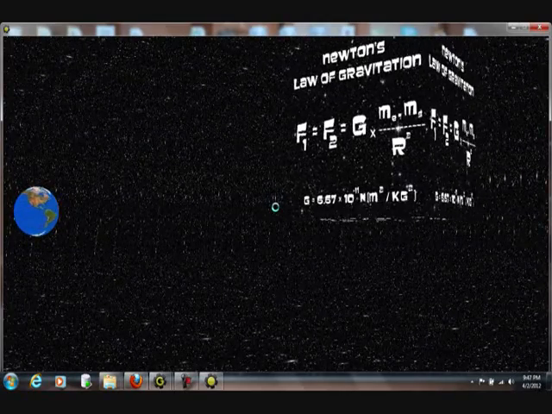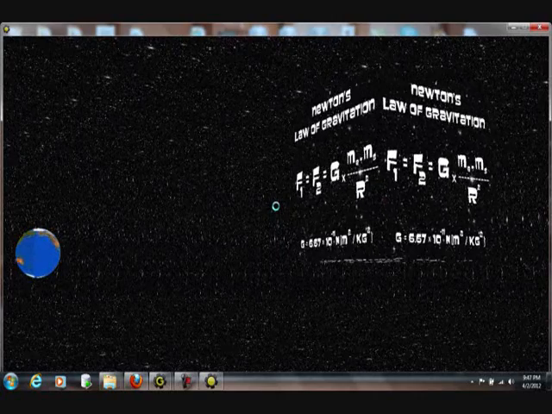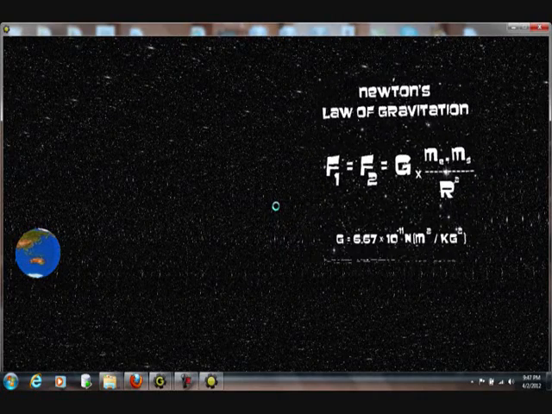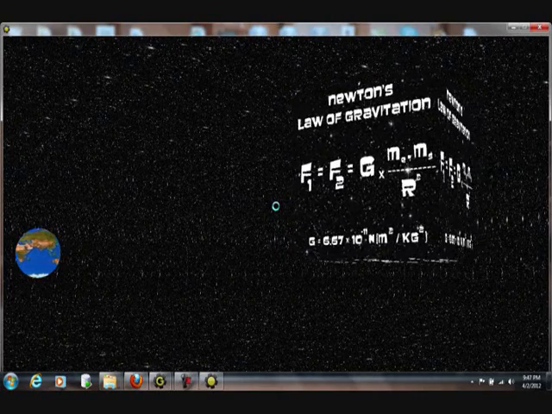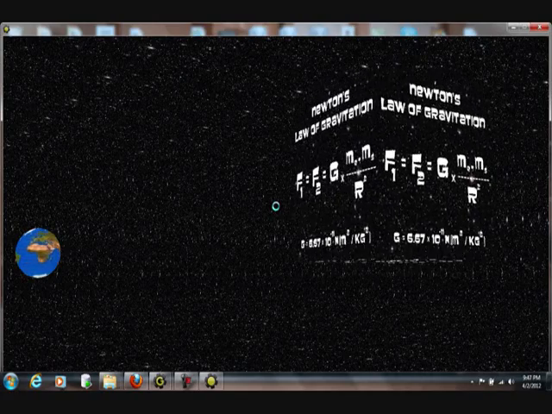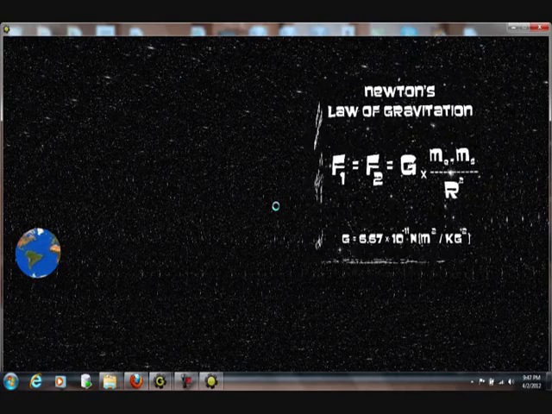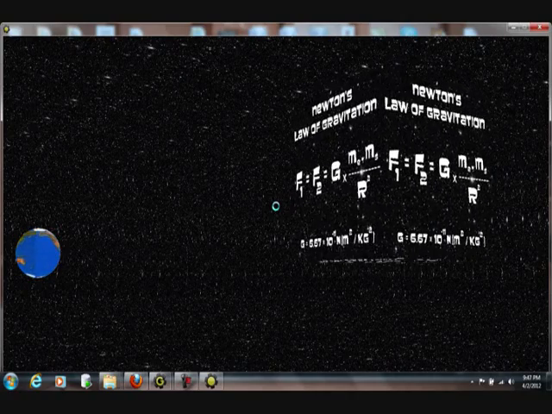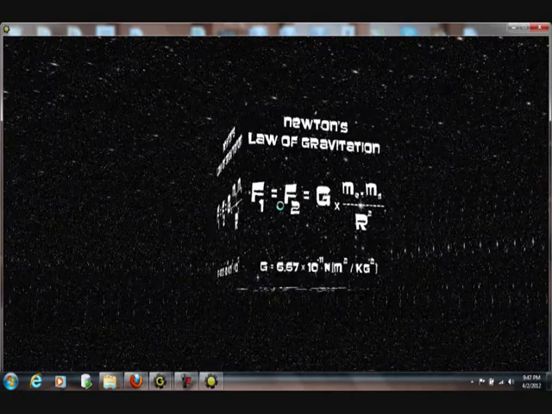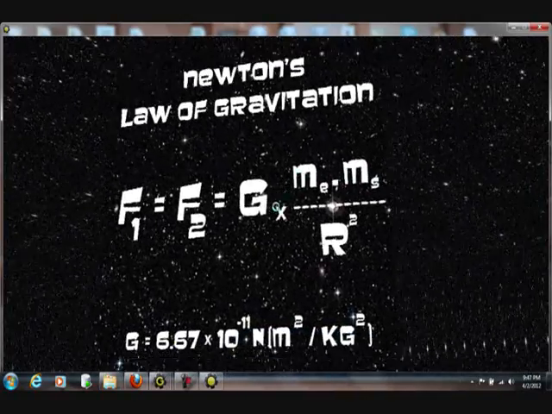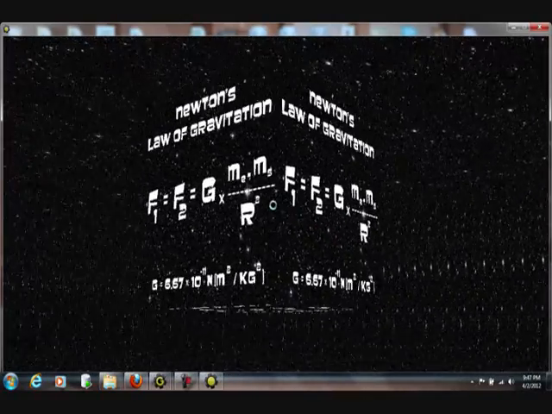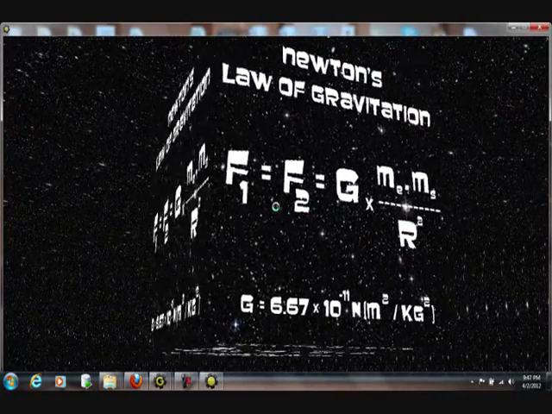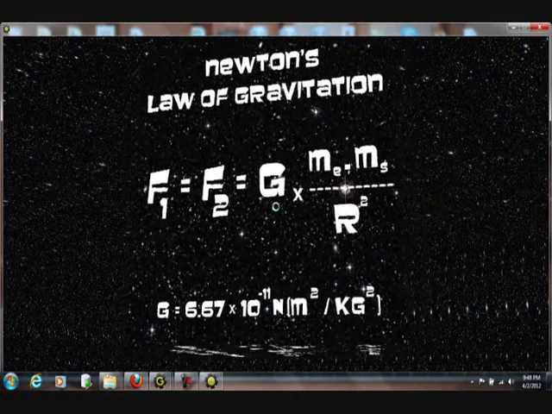The force is proportional to the product of the two masses of the Sun and the Earth, for instance over here, and inversely proportional to the square of the distance between the Sun and the Earth. Newton's law of universal gravitation formula is F, that is the force of gravitation, equal to G times the mass of the Earth times the mass of the Sun, divided by the square of the distance between their centers,